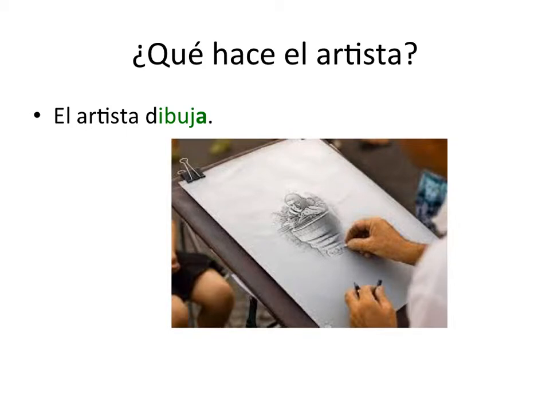You'll see. So in order to understand how it's different and compare, let's go back to what we talked about on Monday on page 38. ¿Qué hace el artista? El artista dibuja. In class on Monday, we learned the ending of the verb tells us who's doing the action, right? El artista dibuja is simply saying what? The artist. The artist draws.